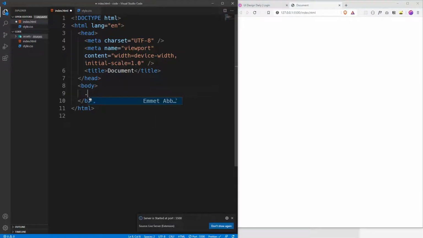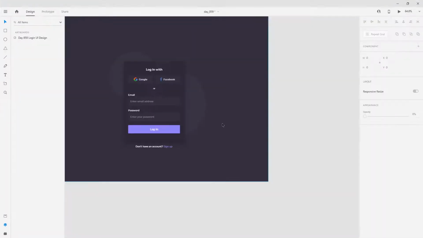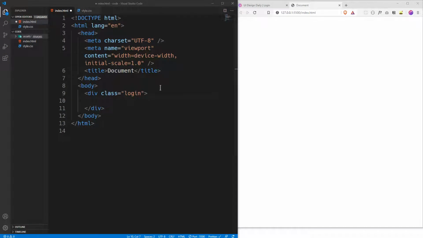So first of all, I would say have a login. Let me open the design up, which is right here on the side. I'll have a login which is going to contain this. So we are going to have that inside a div called login. And first of all, we will be having a div called login top,